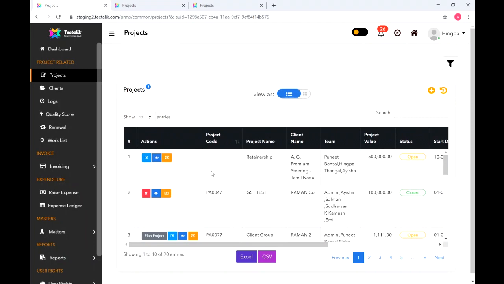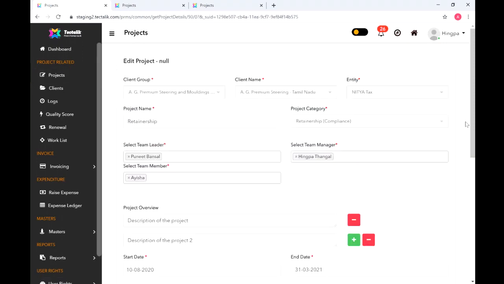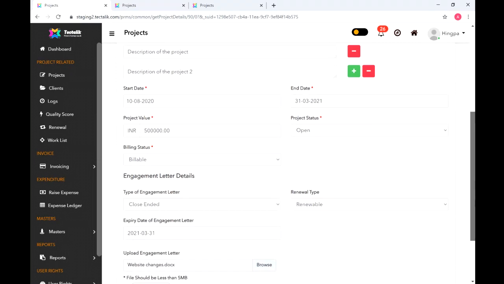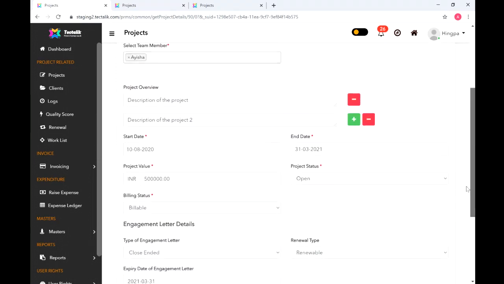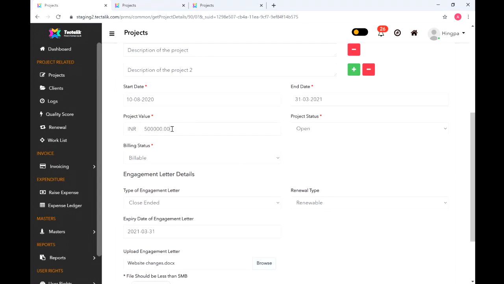But if you see here, there will not be any project code because only on submission you will get the project code. If you look at this, there is an edit and then there is a view project, and this is for the project commercial details. So now if I have to submit it, I will have to get into the edit. In case I have missed out adding anything, for instance, let's say I have to change the project value, for instance,